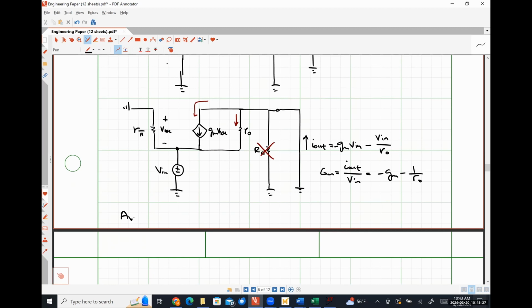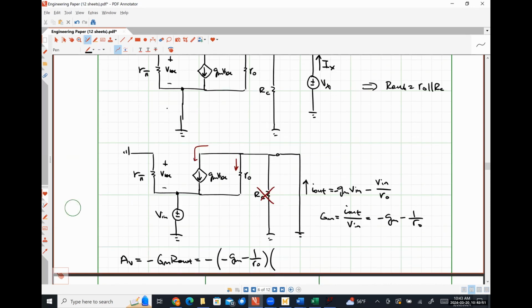So putting these two things together, our voltage gain for this circuit is, let me write it out here, sorry. Negative GM R out. So that's going to be negative times negative GM minus 1 over R naught times